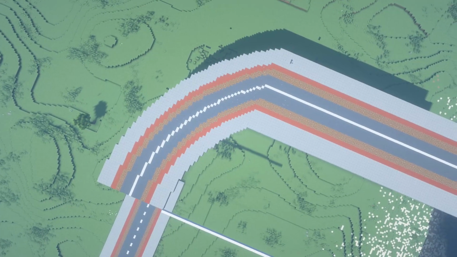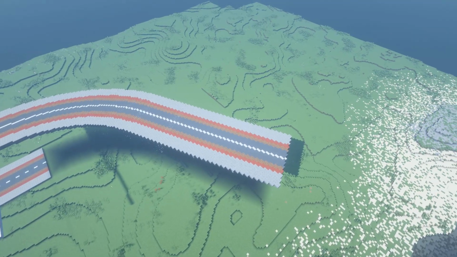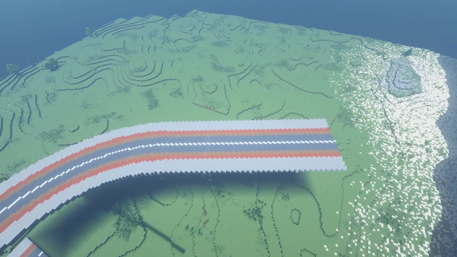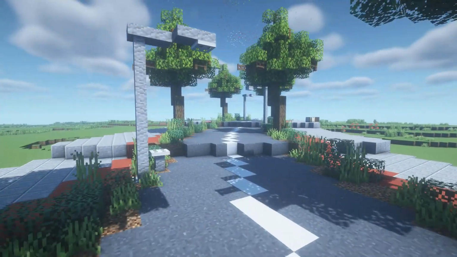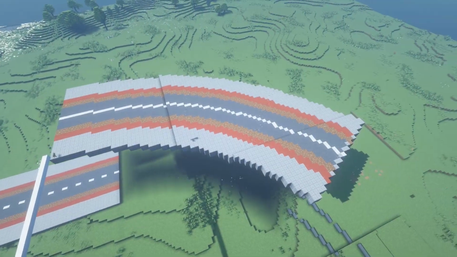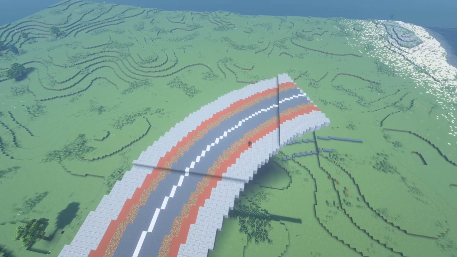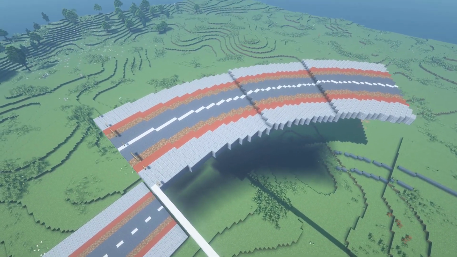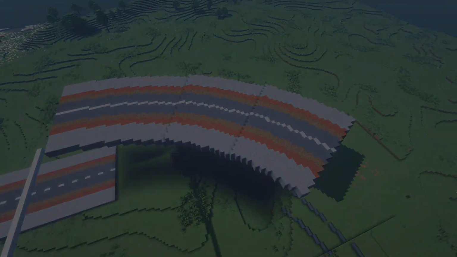Let me show you with an example. This looks wrong and this looks right. If both the curve and the stop has the same pattern, it will look right. This also applies if you're doing elevation changes to the curve. As you can see, this looks wrong, while this looks right.